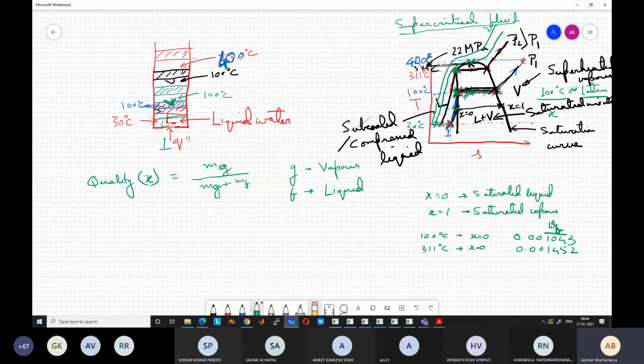Now your question actually raises a very important point indirectly. You are saying that the vapor will have a higher scope of movement at low pressure, and that is true. So at 100 degrees centigrade, because the pressure is low, if we are at a fully vapor state, at 100 degrees centigrade, if we are at a fully vapor state,